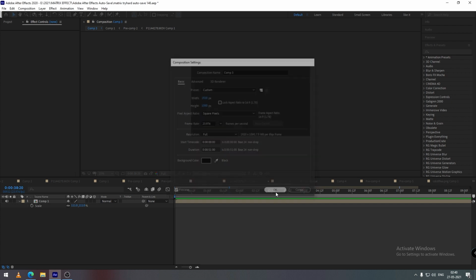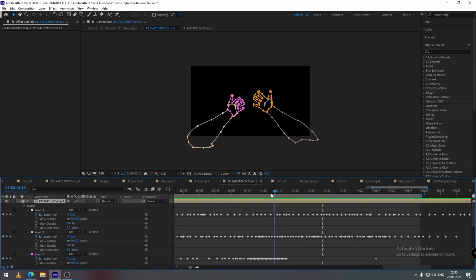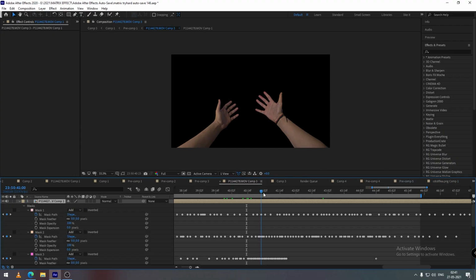Okay, so the first thing that you need is your footage. Now import your footage in your 1080p comp. Now what you need to do is rotoscope or mask out the subject of your footage. In my case, they were my hands, so what I did was mask them out using mask paths in After Effects. And midway during rotoscoping, I realized that I could just have shot my hands in front of a green screen and keyed the green screen out. In retrospect, that would have been really easier. So do whatever you want. You could just spend a whole day rotoscoping your hands from your footage, or you could just shoot it in front of green screen. Whatever you like, whatever sails your boat.